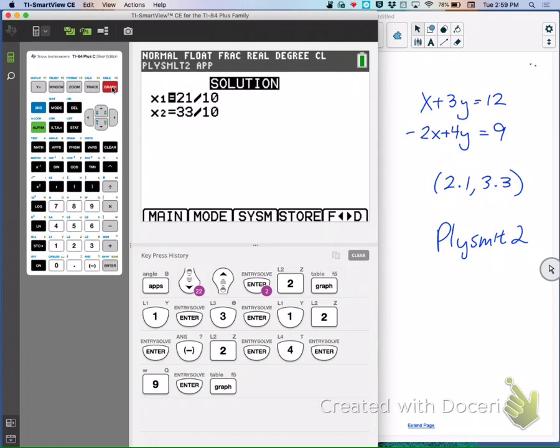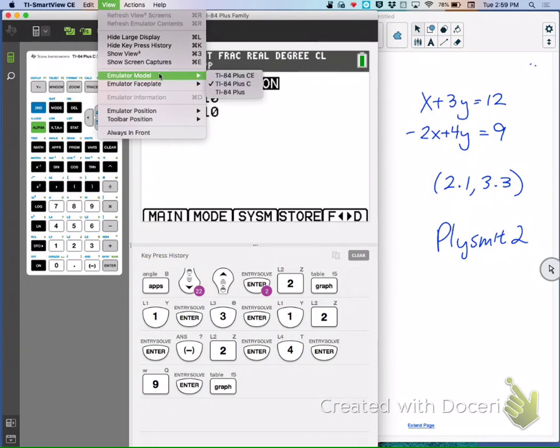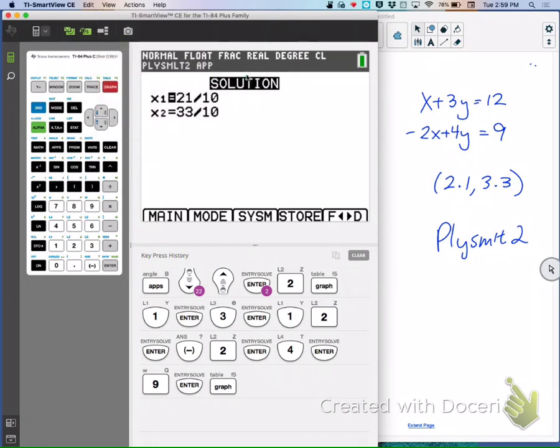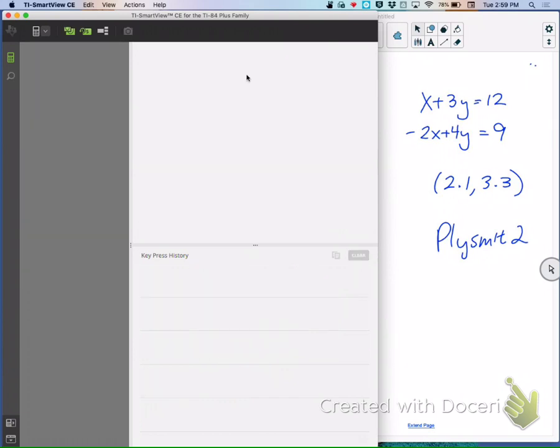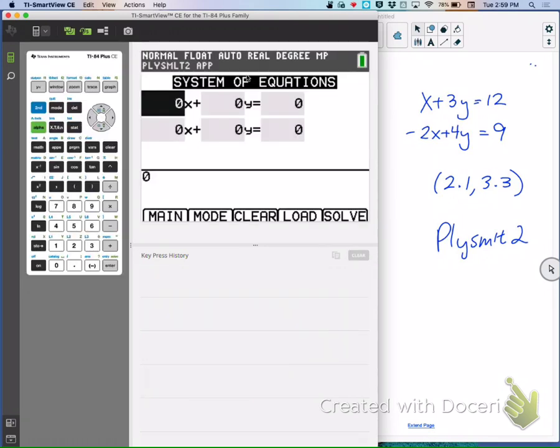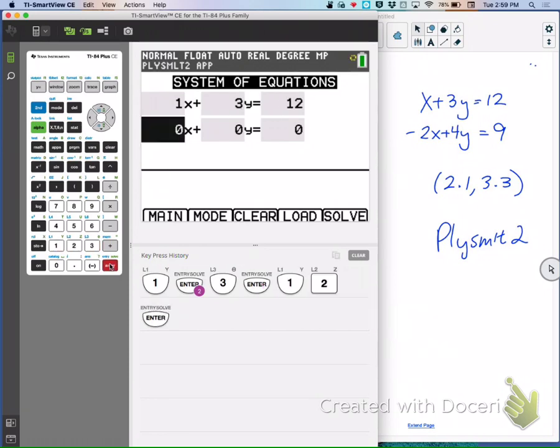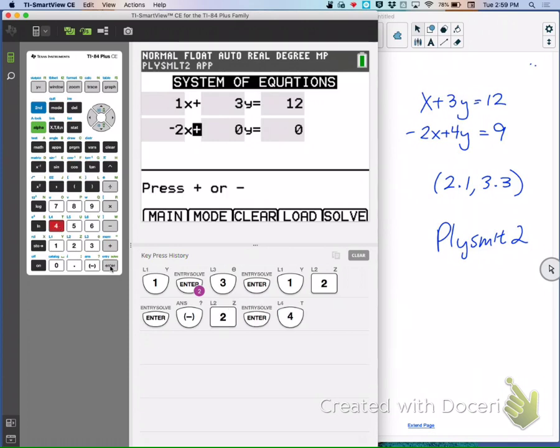Now, if you have the different calculator, again, I know most of you do. I think most of you have the CE. This is what your screen's going to look like. So it looks really more like your equations. So same deal though, we type in 1. Now it will let you change this to a minus then if you want to. Or you can put in a negative 3 if it was a minus 3. 12, negative 2, plus 4, 9,